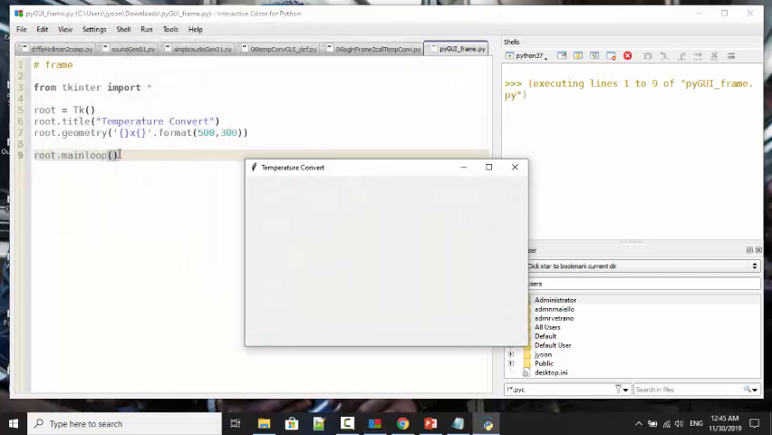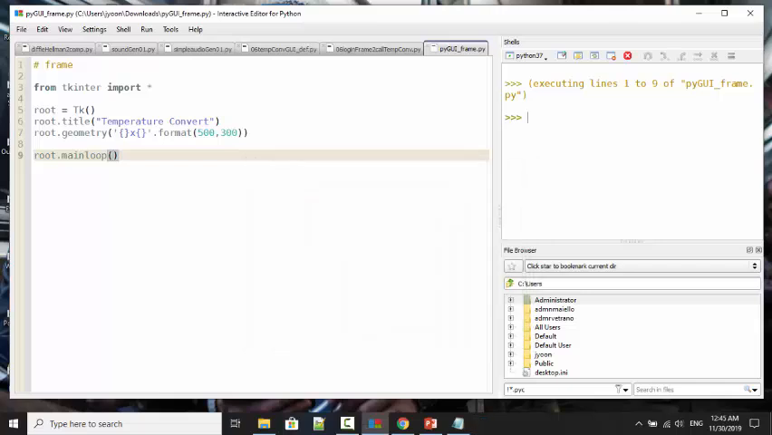The title is temperature converter. So remember that we had the temperature converter from Celsius to Fahrenheit and from Fahrenheit to Celsius. Right? So that's what we are going to do. This is a graphical user interface. All right. So on this frame, what I'm going to do is,